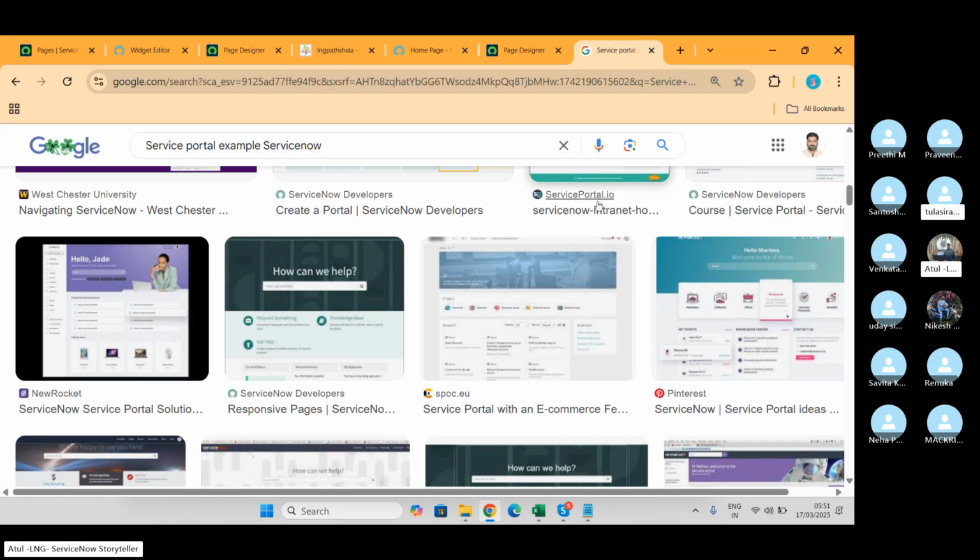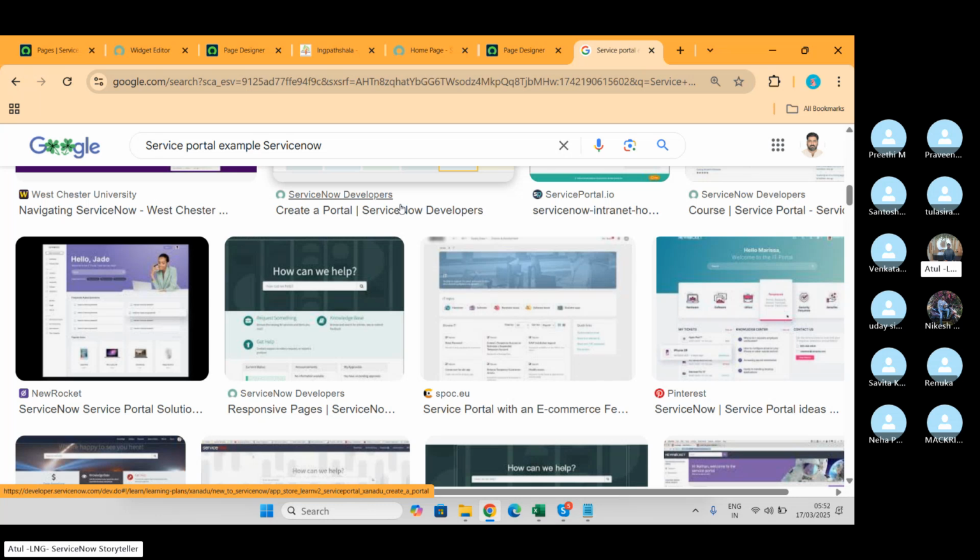So now, one question. Go ahead, please. Generally, is it a day-to-day thing that we build pages or service portals in the ITSM module or something like that in the developer environment? No, it is kind of a one-time activity. We preferably say to our customers, hey, ServiceNow provides us a portal, use that only. Okay. So the customer says, no, no, I don't want this. I want something different.